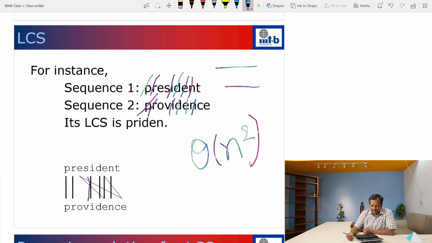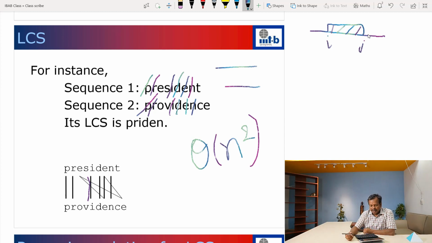At this point of time, it's also important to mention one more related problem, which is called the substring problem. When we refer to a substring, it is a subsequence which is continuous. So preden is not a substring of either of the strings. I can start anywhere and end anywhere, with a start index i and an end index j. If I look at all the characters from i to j, this is called a substring. In the substring, the characters that we pick should be continuous. In the subsequence, this need not be continuous. That's the difference.